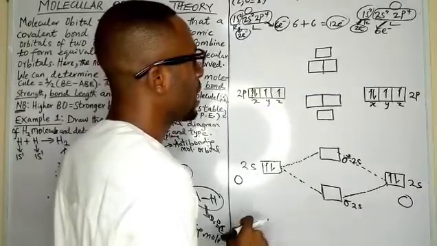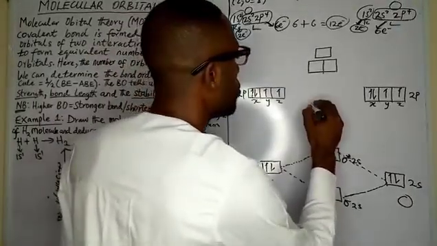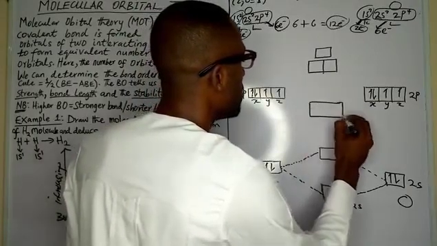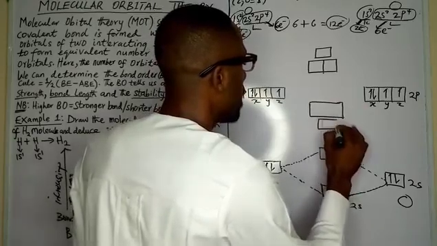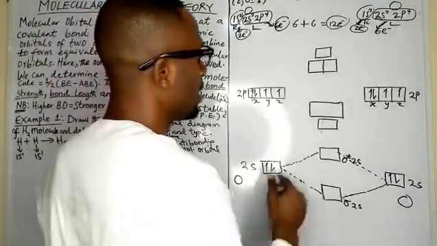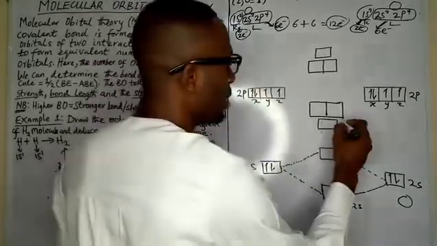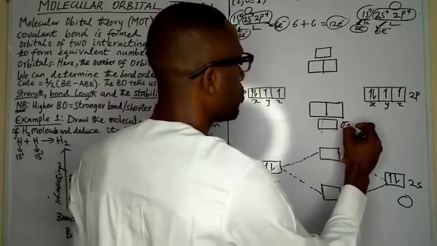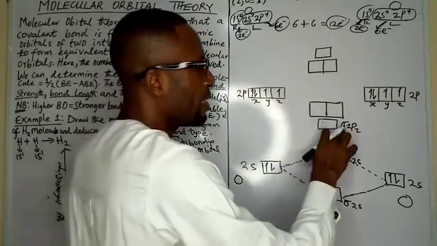Beautiful. Permit me to bring down this diagram a bit so that it will show the difference in energy level, so that it will be clear, how this higher energy level and lower energy level will be so clear. So if we want to label it, we are now in 2p. Note it, this is sigma 2pz orbital.